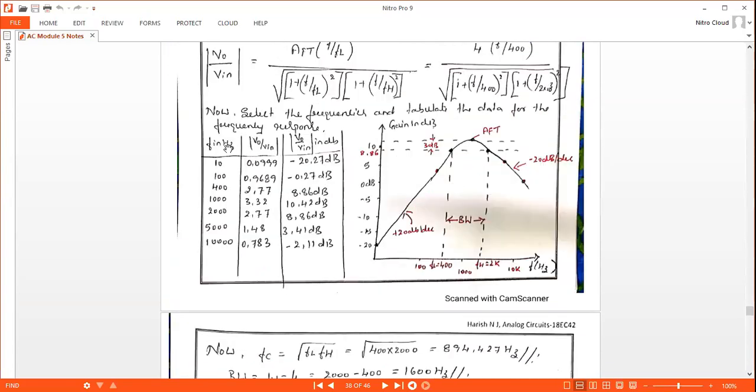You have to take the frequency in hertz, the output voltage you have to measure, and the gain in decibel, that is 20 log of V naught by V in. So you have to increase the frequency, starting from 10 hertz, but the lower cutoff frequency is around